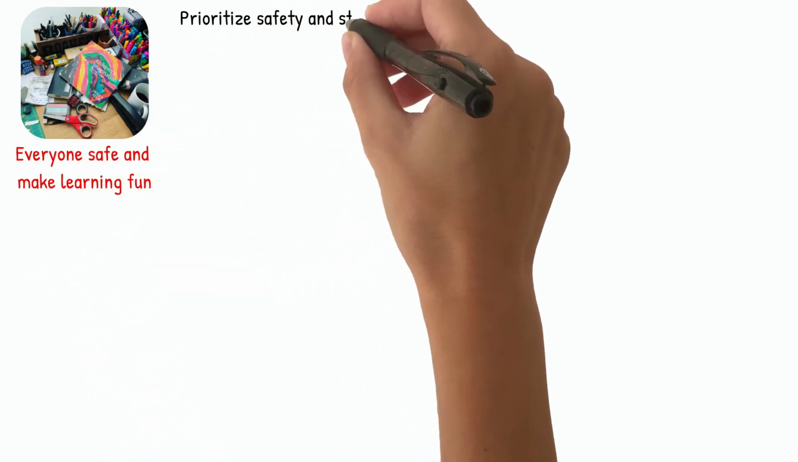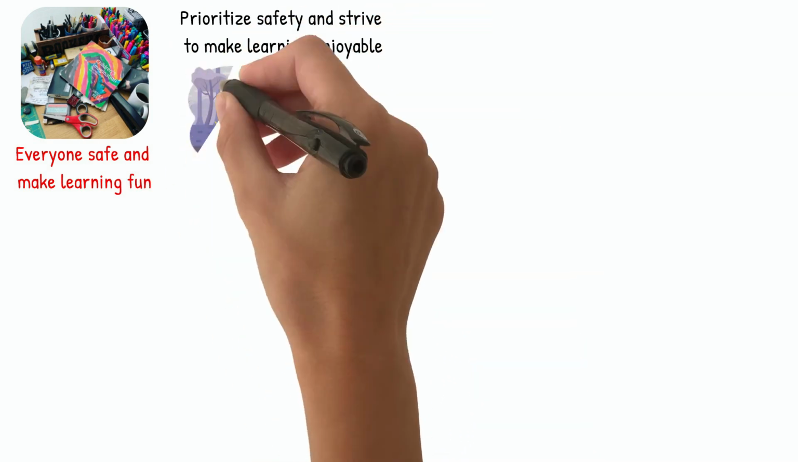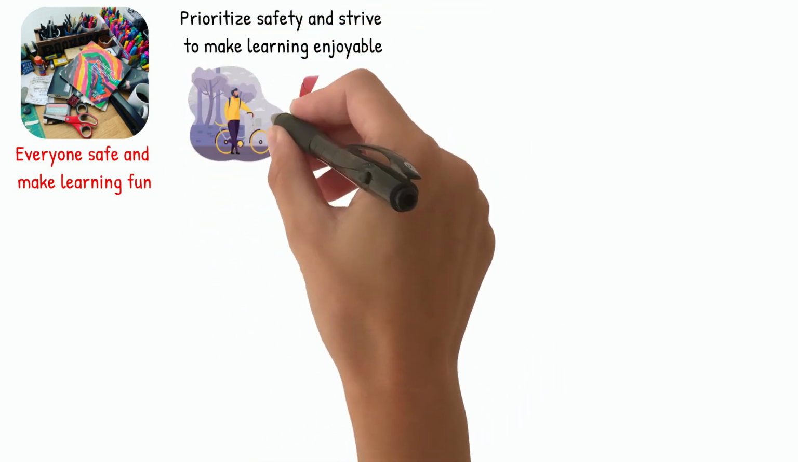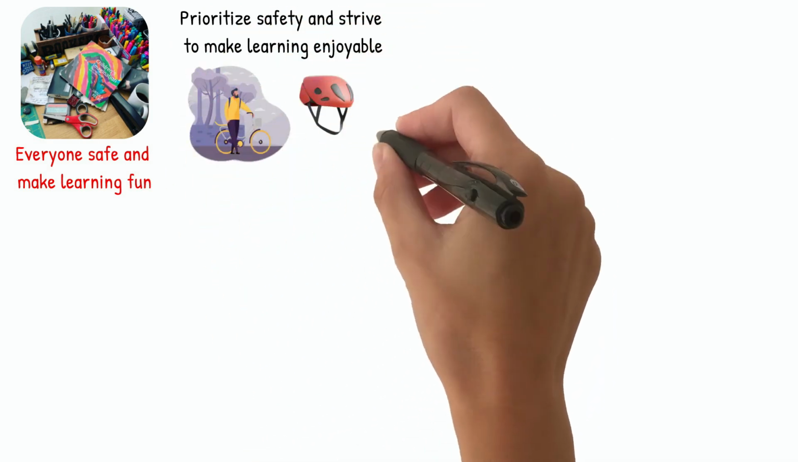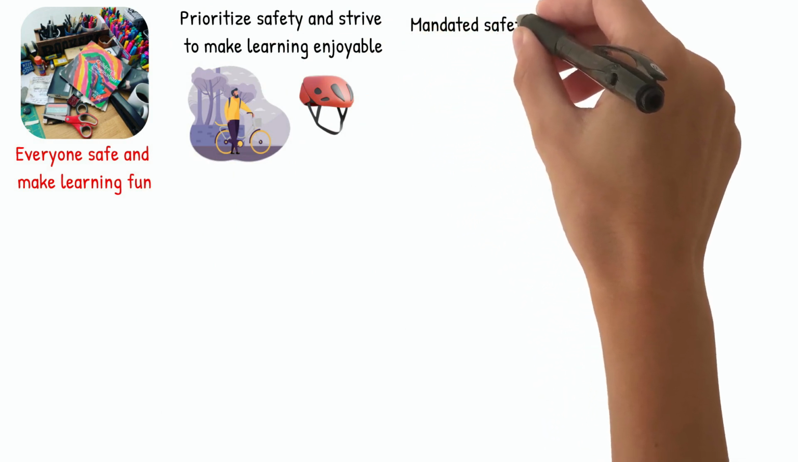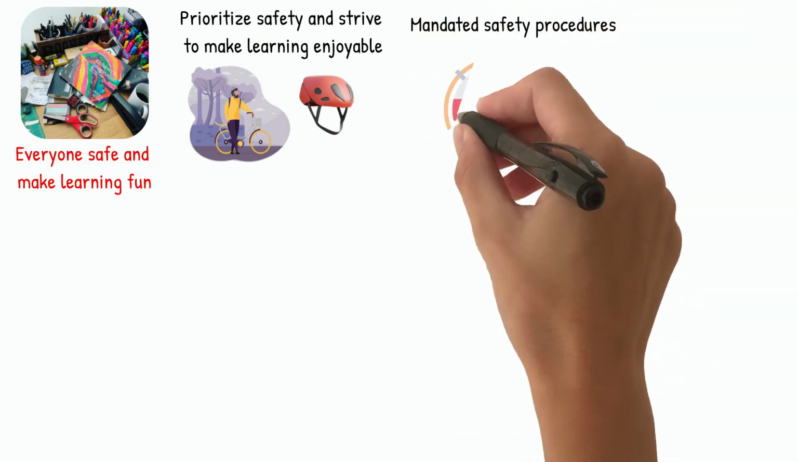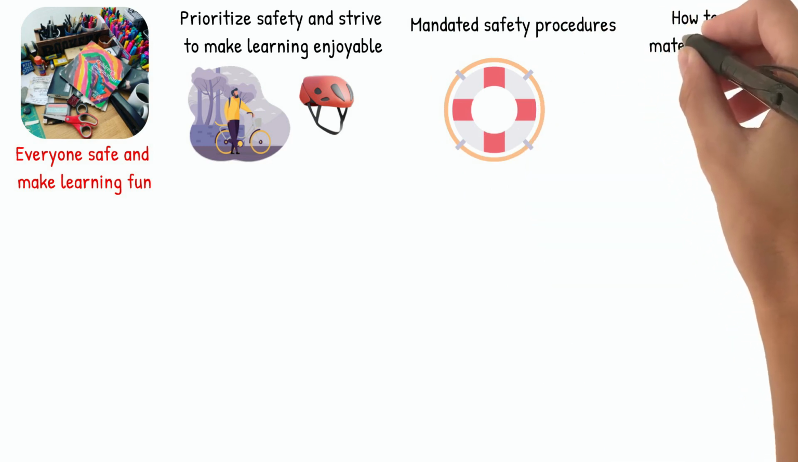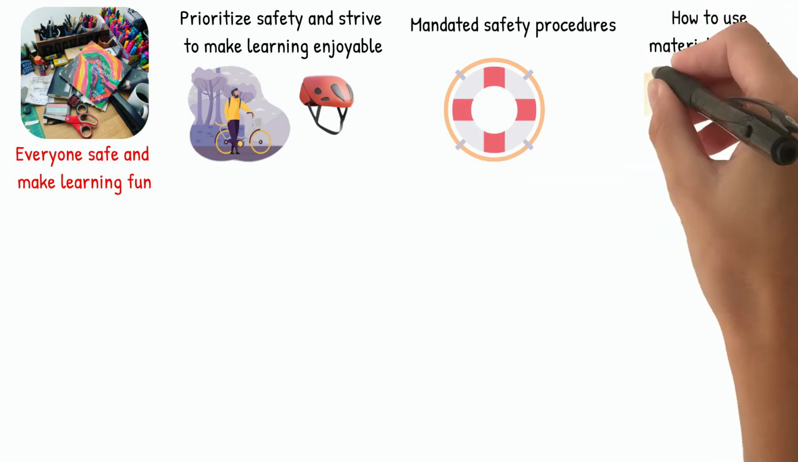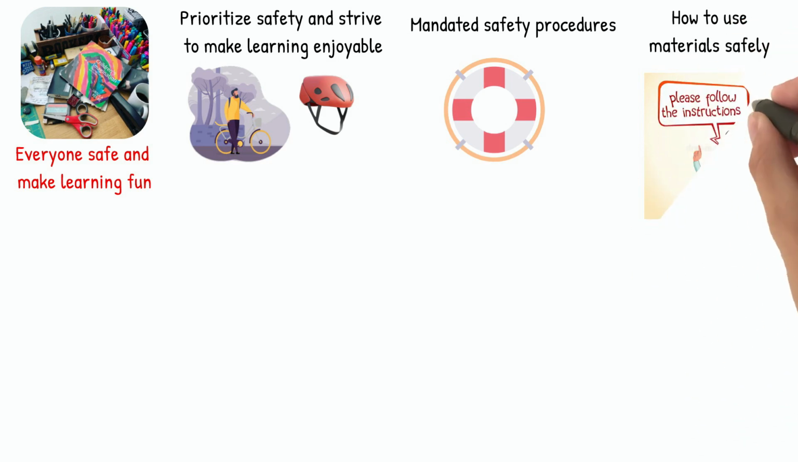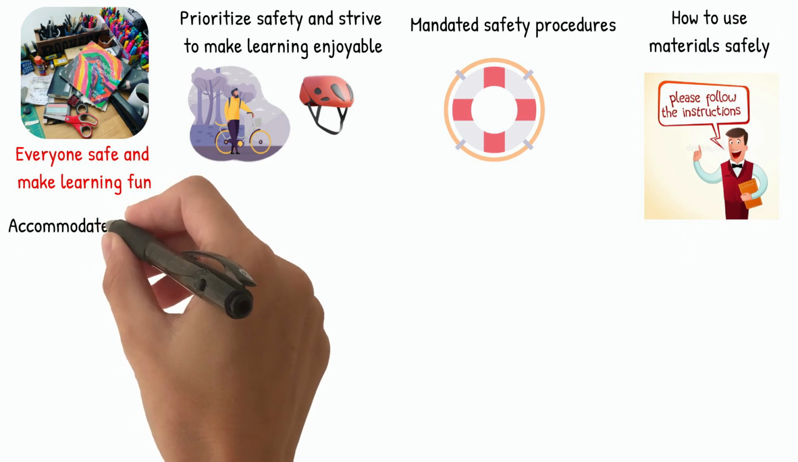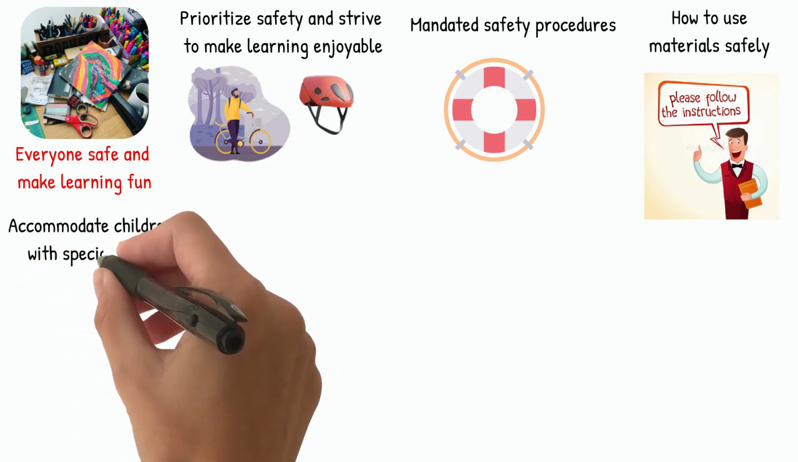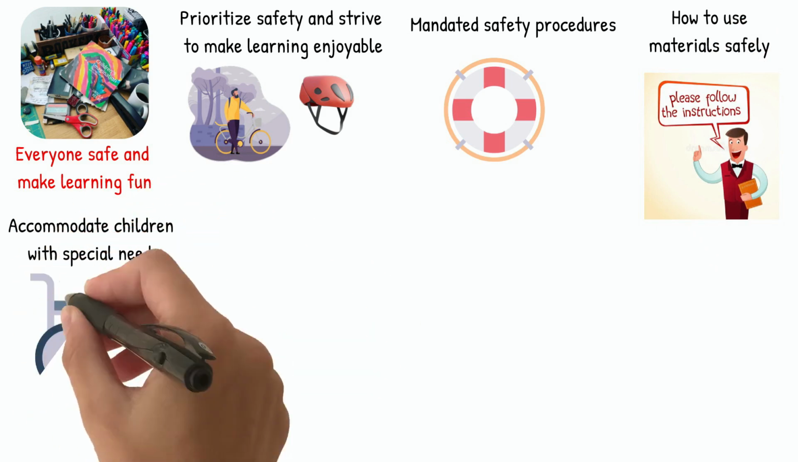When organizing the physical space and materials for students, teachers should prioritize safety and strive to make learning enjoyable. They should also follow mandated safety procedures and thoroughly inspect equipment before students arrive. Teachers should also provide instruction on how to use materials safely and select appropriate equipment and materials based on age and ability. Teachers should make adjustments to accommodate children with special needs and actively supervise students to maintain a safe